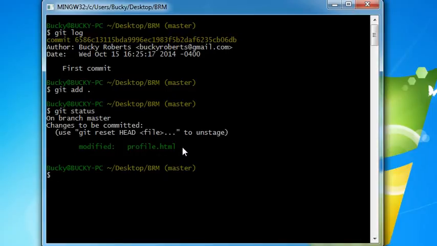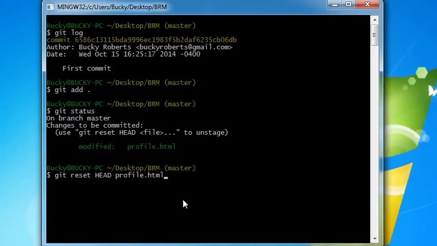So how do I take this file and remove it from the staging area, bring it back down to my working copy? Well, what I do is this. If you type git reset and then after type HEAD in capital letters, and I know you guys don't know what HEAD means because I didn't talk to you about the HEAD pointer yet, and actually talking about that is probably going to take an entire tutorial all on its own because it's really important and it really deserves its own tutorial. So for right now, just remember that git reset HEAD,